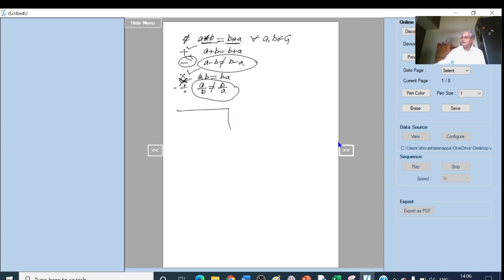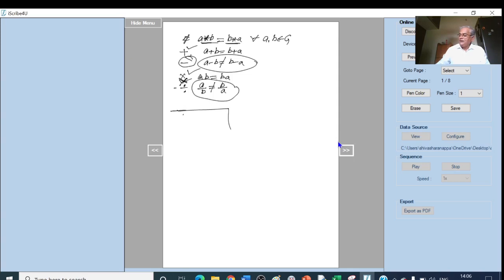Okay. So here we have discussed some of the definitions and properties. That is, what is meant by identity element, what is the closure law, what is inverse element, what is commutative law, what is associative law, what is the meaning of closure law, what is the binary operation, and how we denote the sets.